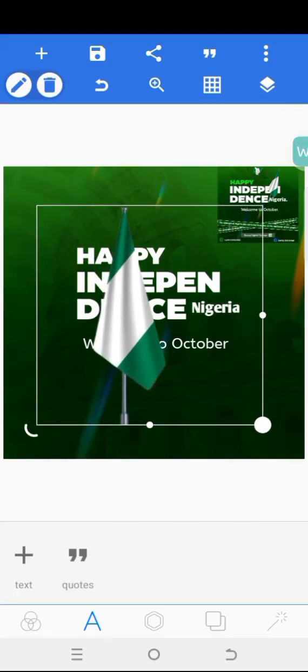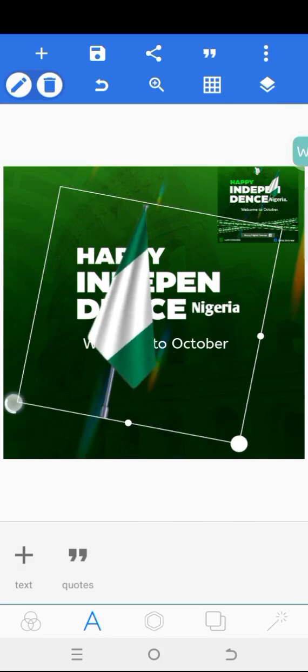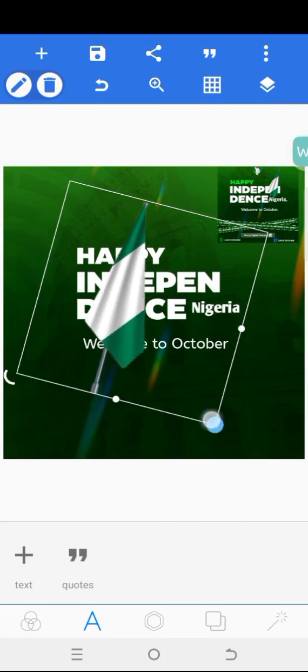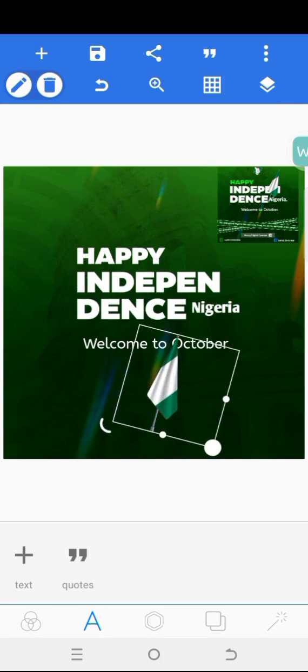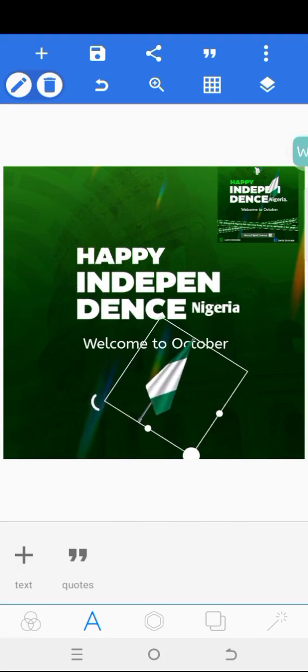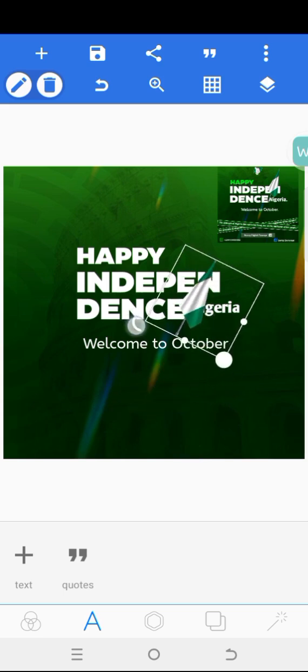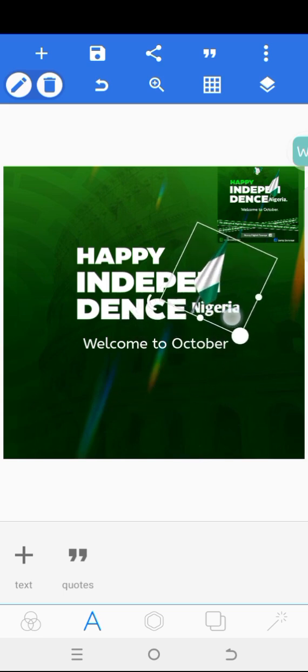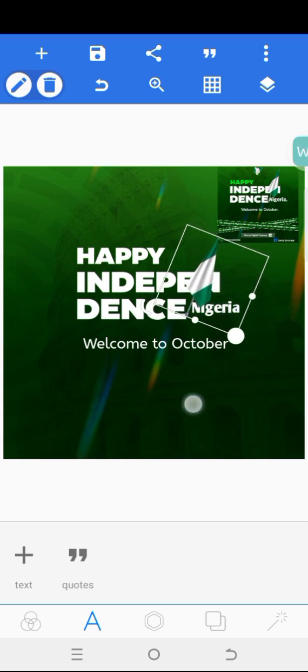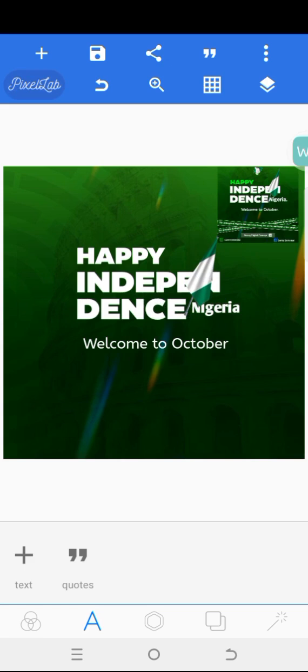Then I will rotate this flag a little like this. This is what I'm doing now. Then reduce the size. I think I will rotate it again. Then reduce the size a bit. Okay, this is okay. Then I'll put it this way. Can you see what I'm doing? So then after doing it this way, the next thing I'm going to do right now is I'm